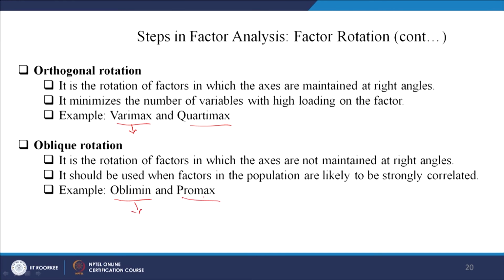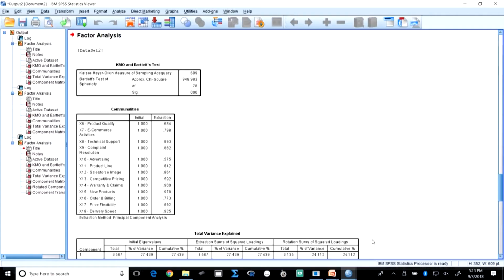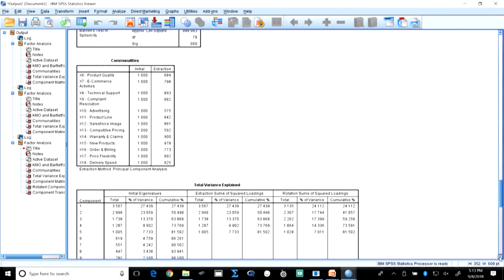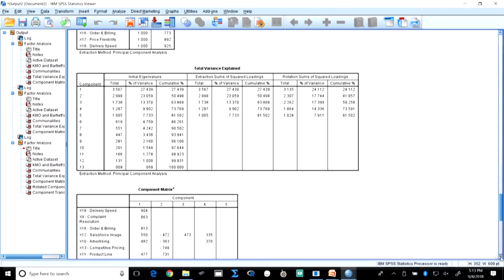Generally, in factor analysis, you may try using, according to your logic, the oblique rotation also, it does not matter, and you will see if there is any change for the better, if the theoretical explanation is getting better. So, let us go back to the data set, the output now. Now, we have done some rotation, and the variance does not change, nothing changes.